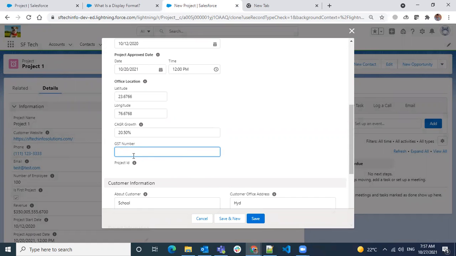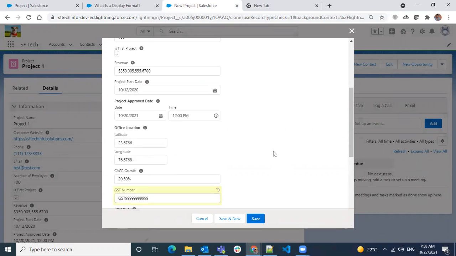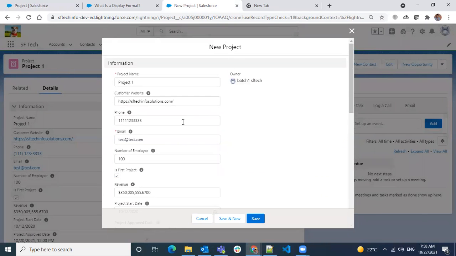That's why I don't see any data copied here, because it's encrypted. I cannot see it. So I want to give a different number for the GSTN number, and I want to make some changes to the data so that it will be easy when we have other things.